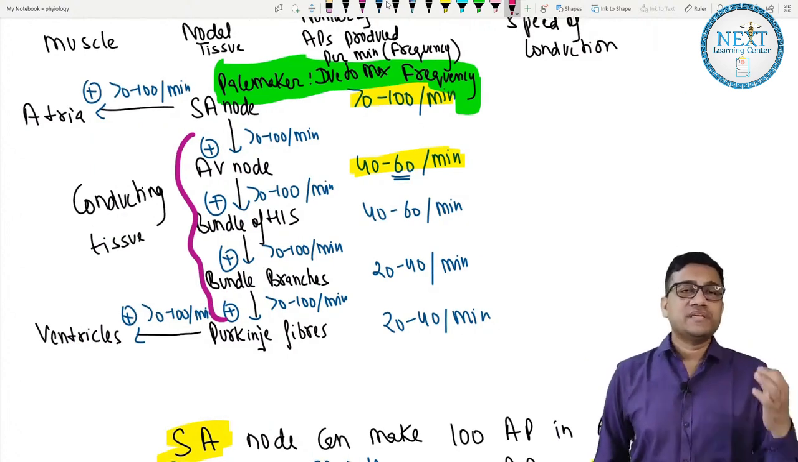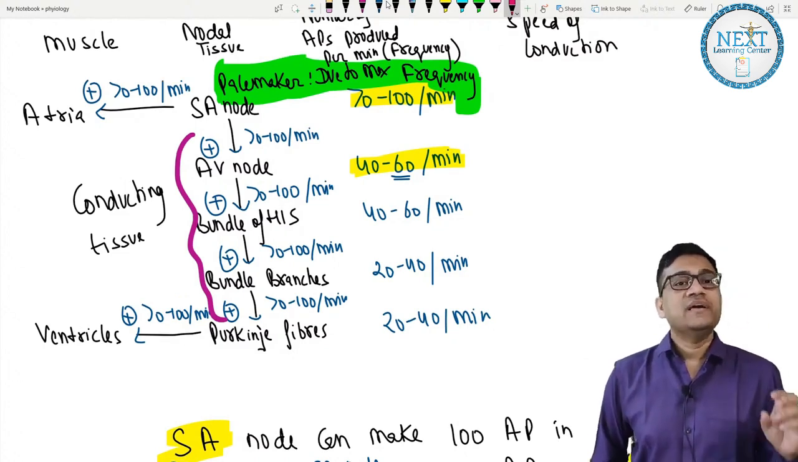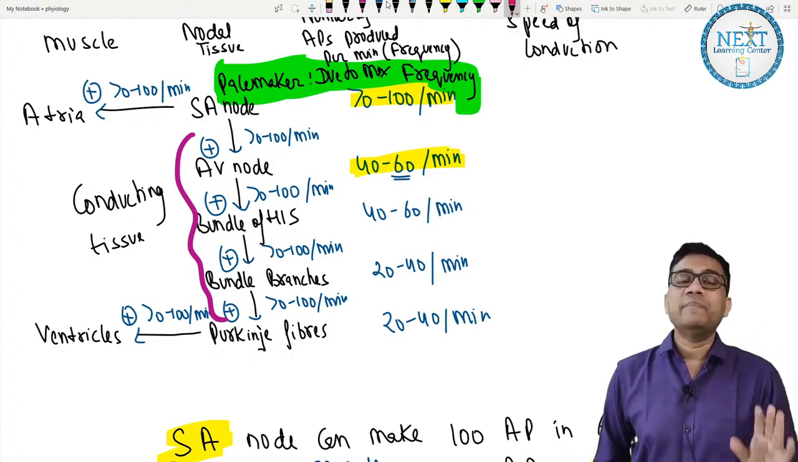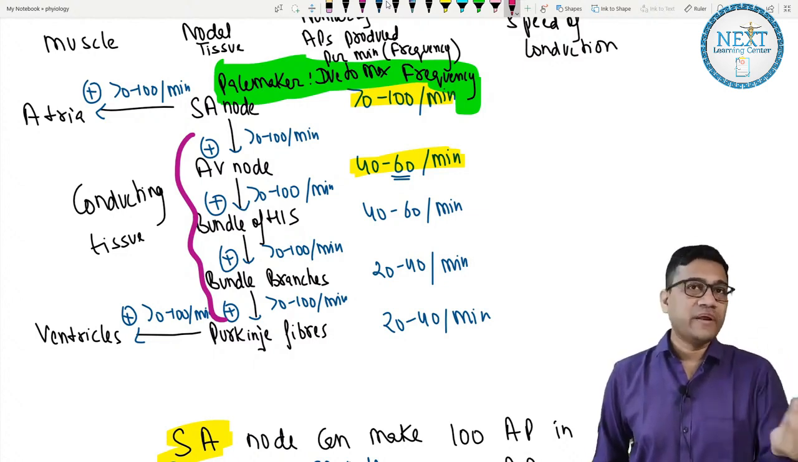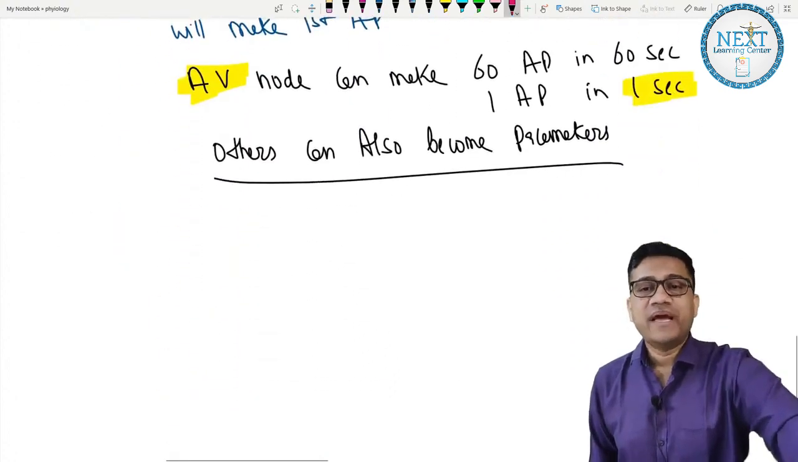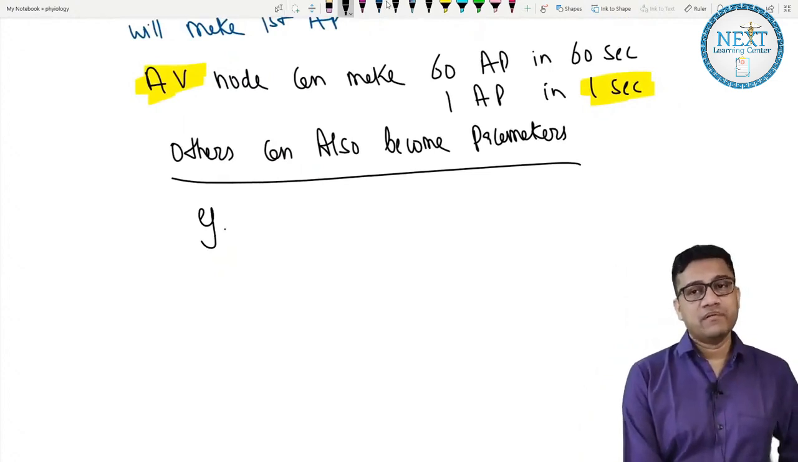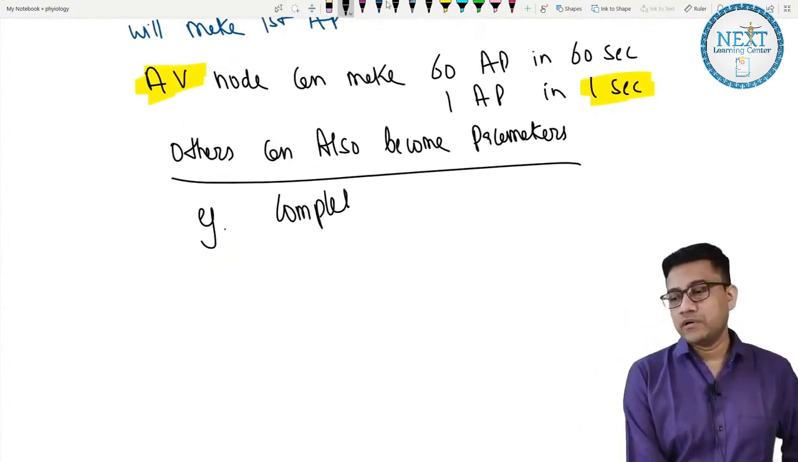So is the pacemaker someone's personal property, can only one take it? No, it is not. Anyone can become pacemaker, like anyone can be prime minister. Okay, same way anyone can be pacemaker. So can others also become pacemaker? Yes. Example. Clear? 1. In complete AV block,